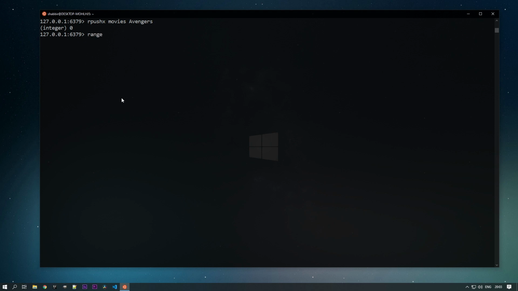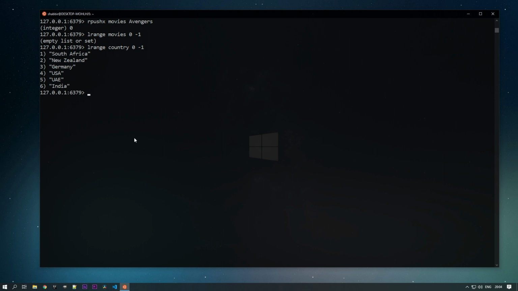You can check with the lrange command, right? lrange movies 0 to -1. You can see that my list is empty or doesn't exist. So this way we can use lpushx and rpushx commands to insert data into a list when the list is available. So you can see that we have data, right, in lrange for country 0 -1.